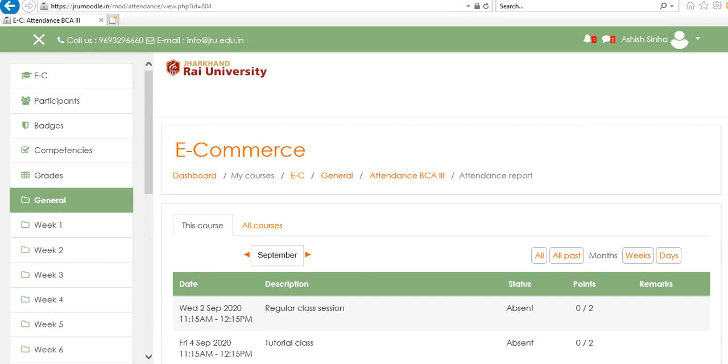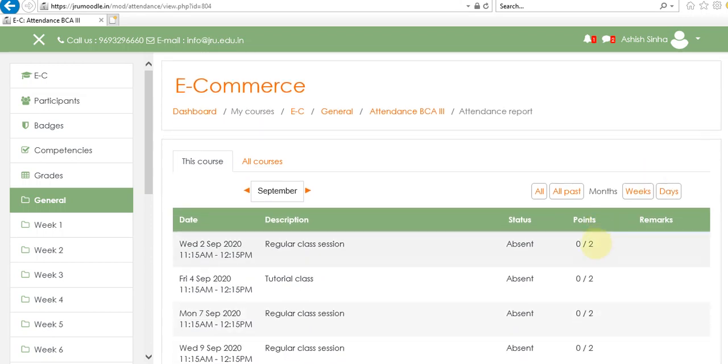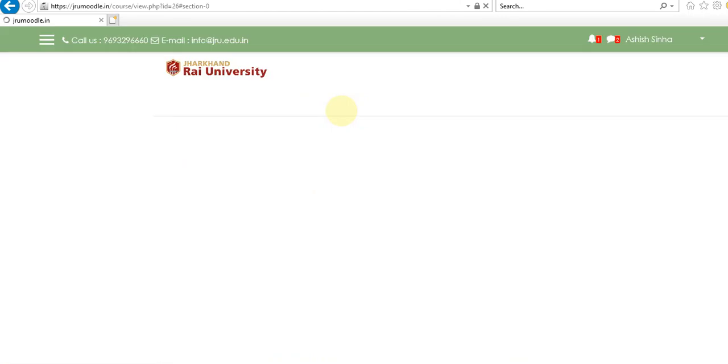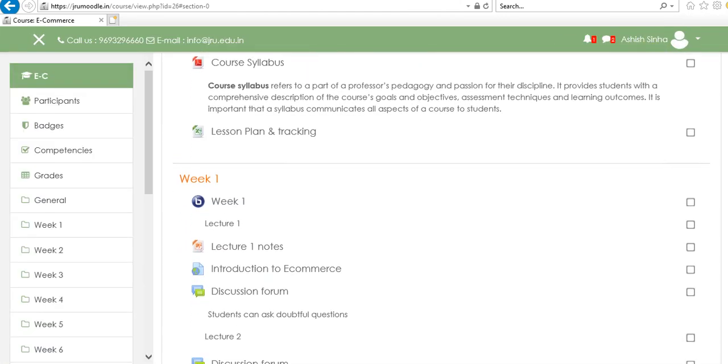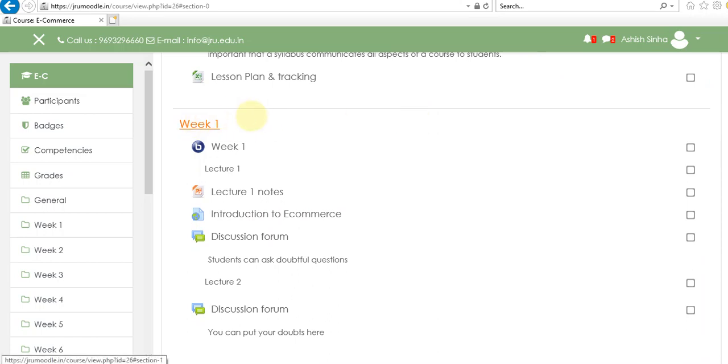Okay, after marking your attendance, what you need to do is, when you access your course, first go to the attendance and mark the attendance. After that, come back. There is a week one.